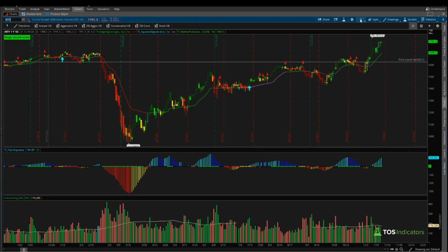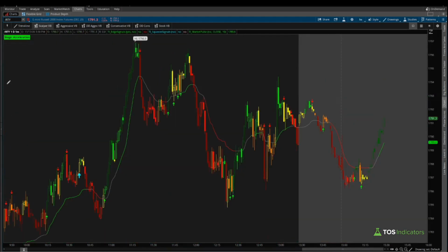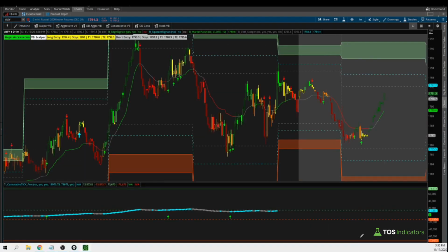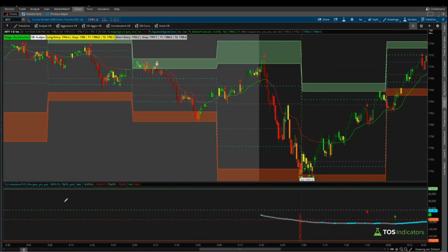Now, the next thing we said we'd talk about in today's video was the Russell futures. So let's come into a chart of the Russell, come into a 1-minute chart. We'll load in our scalper volatility box, which is the first, most aggressive model we were on as the morning started off. And then once that's loaded in, let's come all the way back to the morning here,